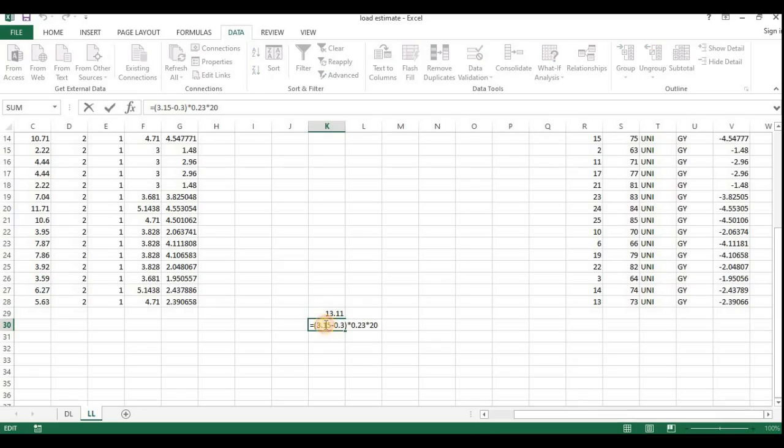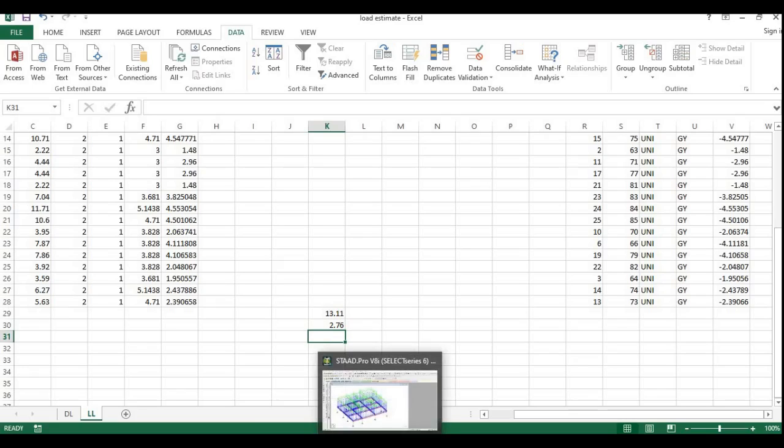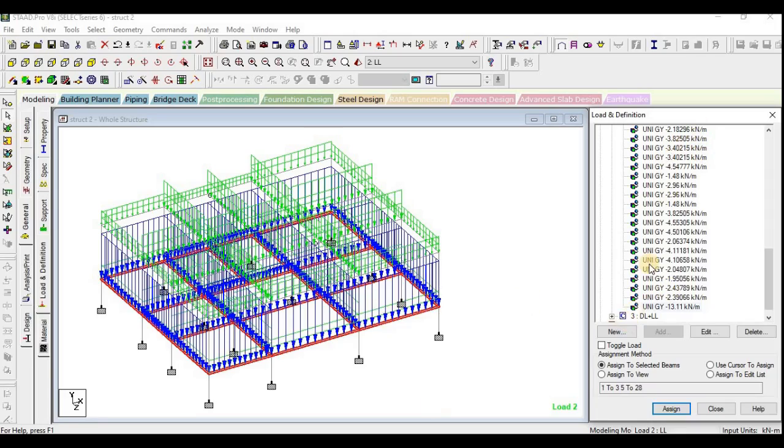Here I shall change this 0.75 by 1. It is 2.76. So just add another load.